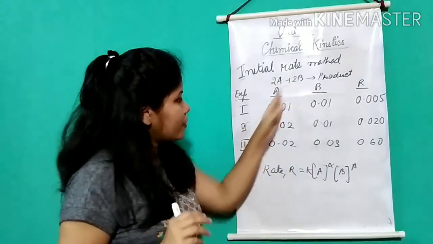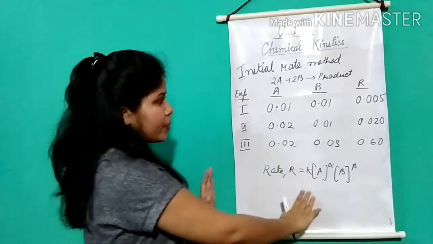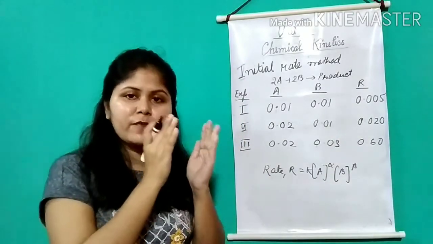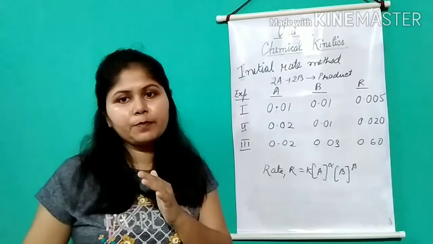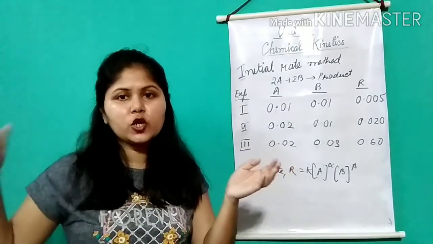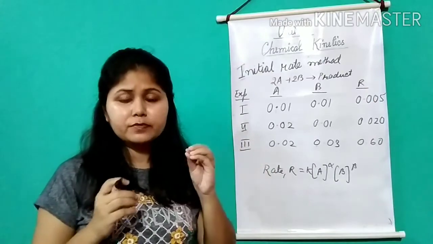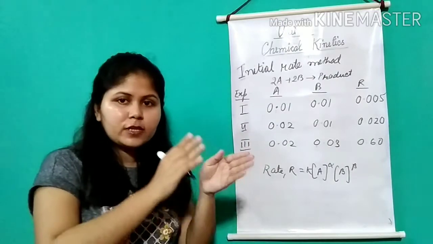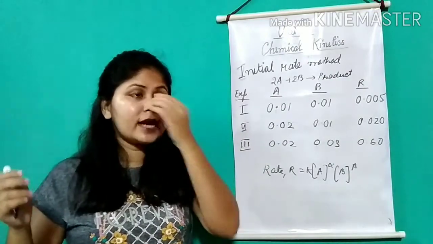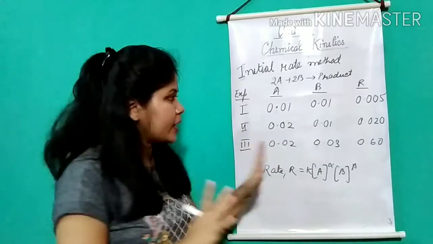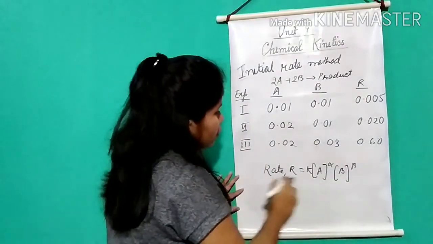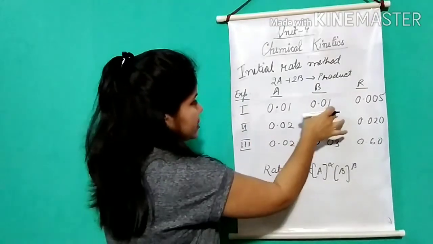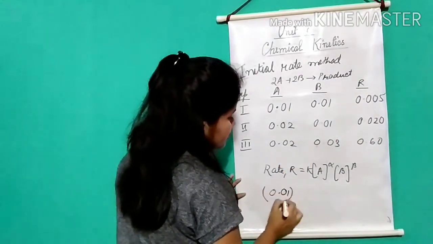So from this we determine the rate law. First we will find the rate law. When determining concentrations, we will change A and keep B constant, and we will determine the rate. Alternatively, we can keep the concentration of A constant and change B. We will do this until the rate is determined. Following the same process, from the first experiment we write the rate value. We will put the values from the table into this equation.